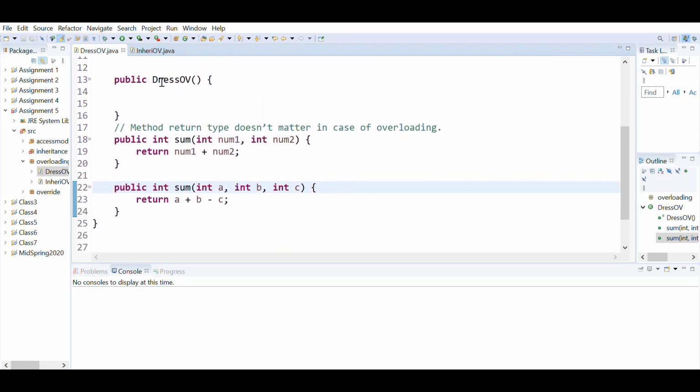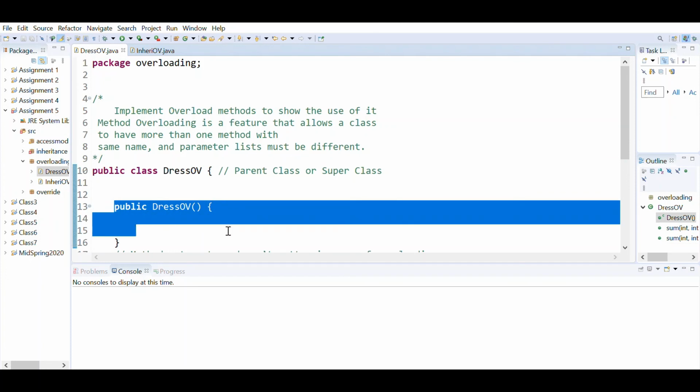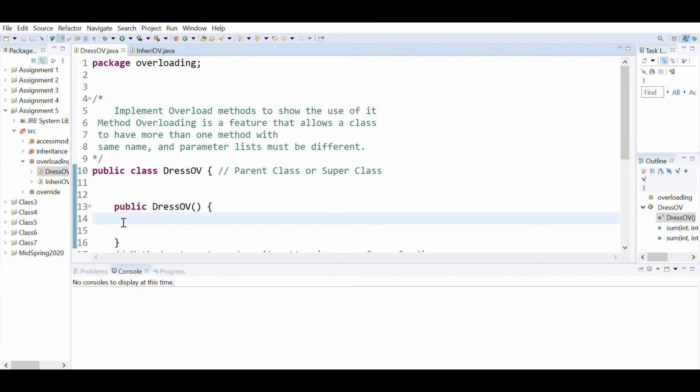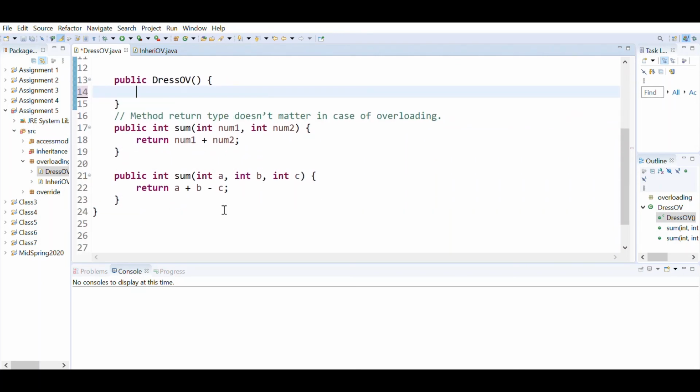so I'll just go ahead. This is my class, and that's the method. Sorry, this is my constructor function, which is empty right now. I'm not using it, but this is the parent class, and these are two methods. You can see I have C name. Method return type does not matter in the case of overloading, so we don't even care about the return type at this point. We only care about